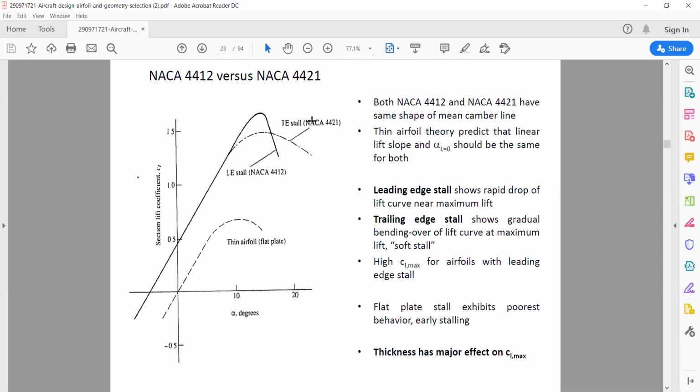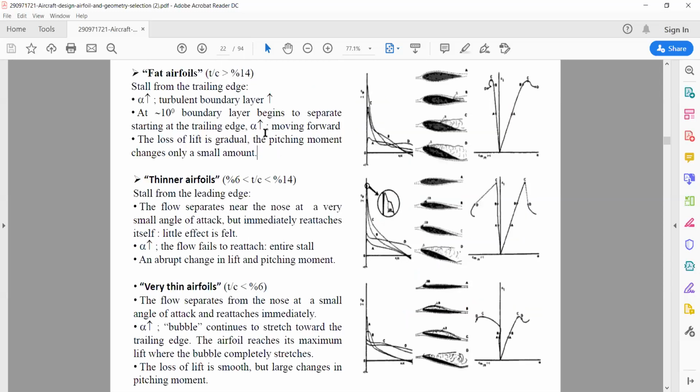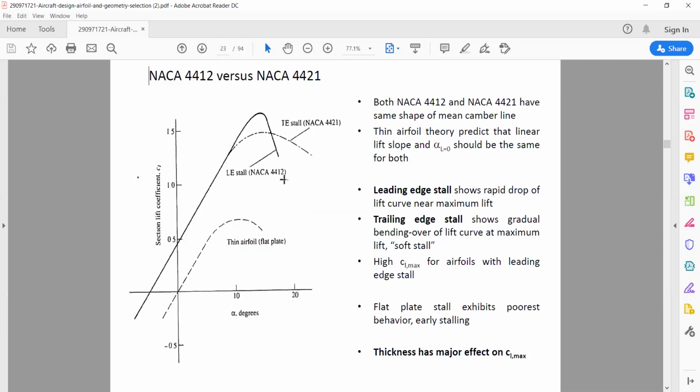Whenever you see the airfoil, you have to tell that if the first two numbers are 0, 0, then you call it symmetric. If it is 44, this is called a cambered airfoil. It is the camber position, where, at 44%, I am going to place my camber. And the last two numbers represent what? Thickness to chord ratio, T by C. See here, greater than 14% is a fat airfoil. Up to 14%, they are called thin airfoils. Clear?